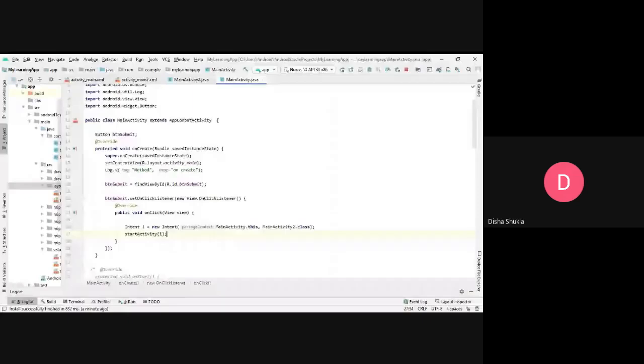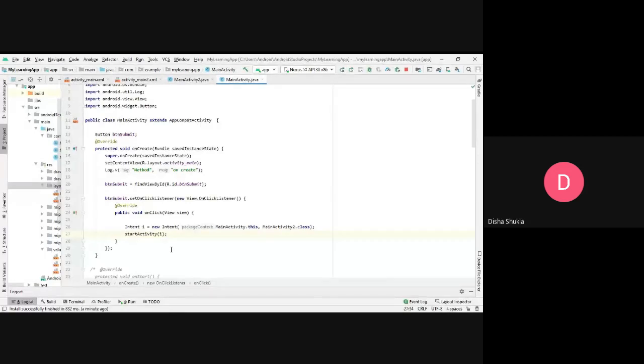And there are two types of intent that you need to be clear about. The two intents are called the implicit intent and the explicit intent. Now, what do you mean by an implicit intent and an explicit intent? Say, for example, right now we have mentioned that we want to go from one activity, that is main activity, to main activity 2. So here you are mentioning both things, that is from where you want to go and where. That is called an explicit intent, wherein you mention the name of the activity that you want to go in.